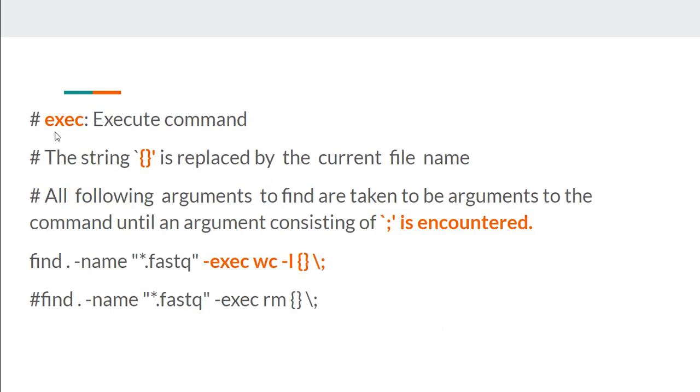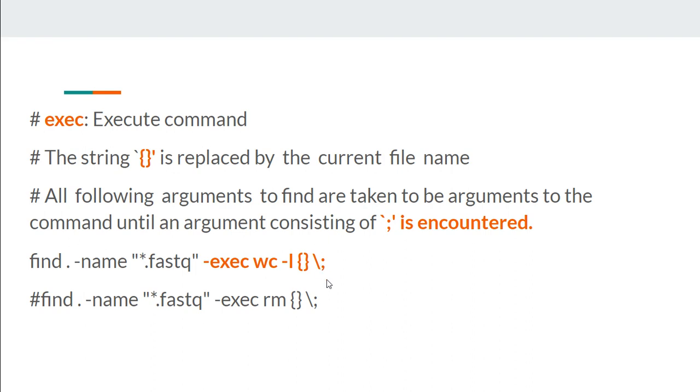The last very important one is exec. So far what we have seen is find searching in a directory and giving us all the files. On those files, if you want to execute something, then you can use this exec command. This is the same find command: find in this directory any file whose name is *.fastq, and on those you execute this command, wc -l, and you give curly brackets open and close. Basically all the output will be dumped here. Whichever files pass these conditions, one by one they go over here, and on each you are doing wc -l. But you have to end the command using this